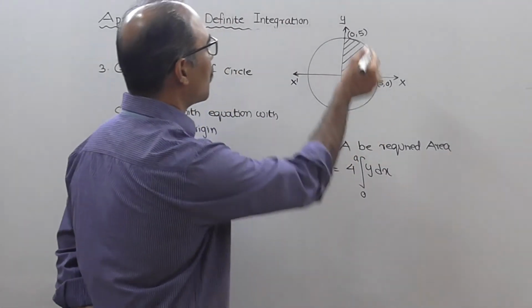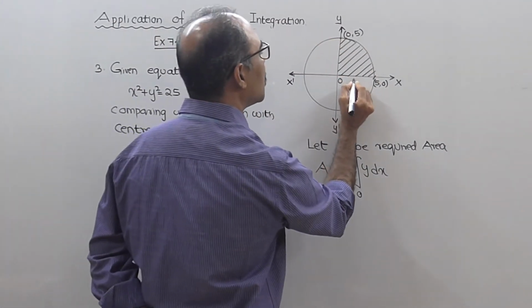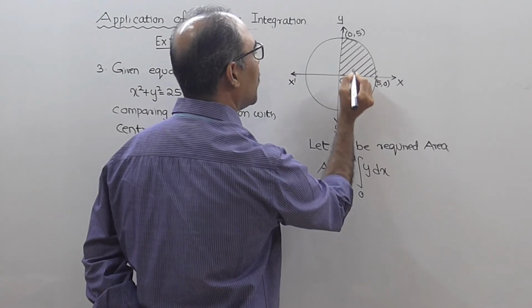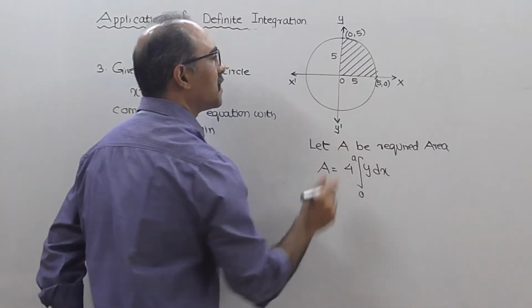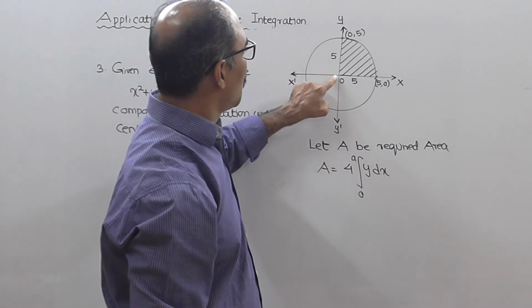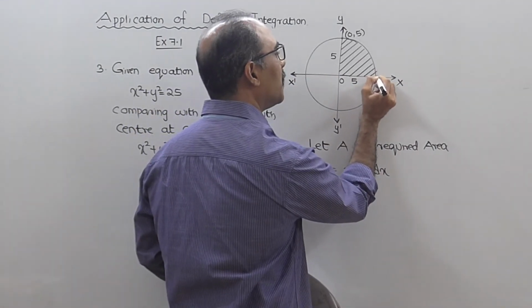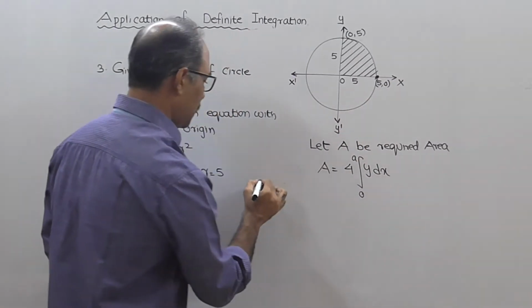Then what I have done is I have drawn a circle. See, the circle is passing through the center, means this will be the radius 5 units and this radius will also be 5 units. So if this radius is 5 units, can I say that this point will be 5, 0? So it's very easy.